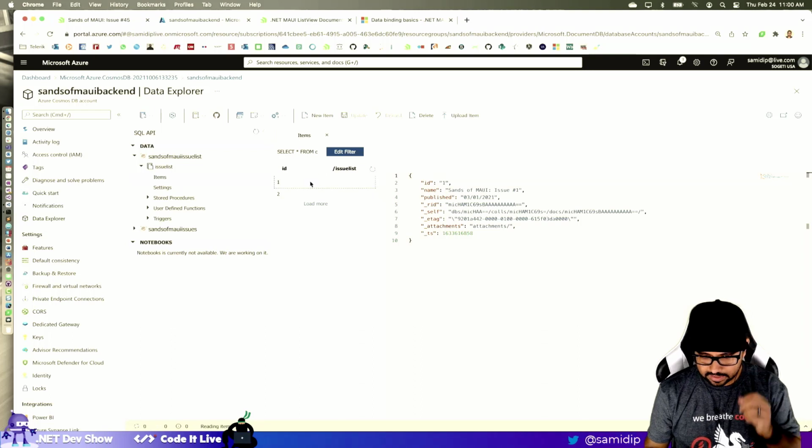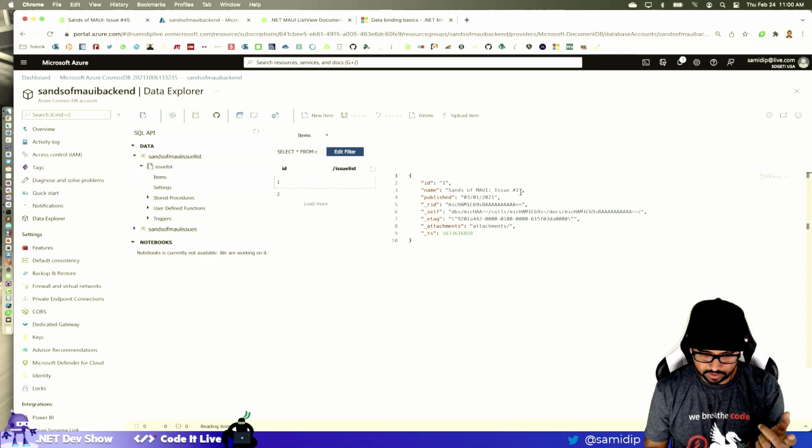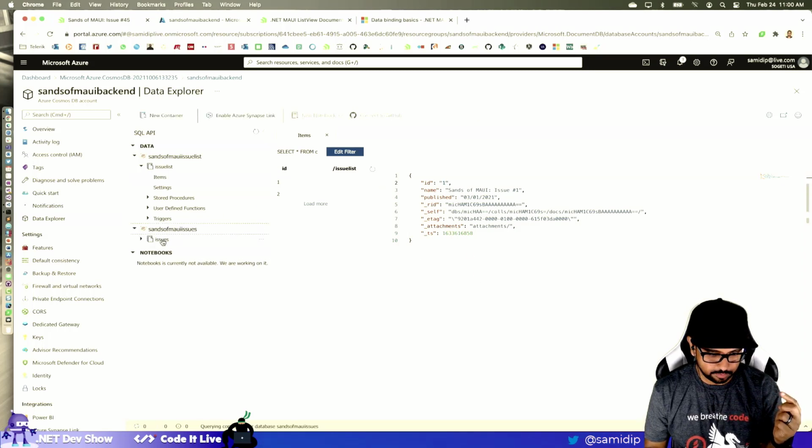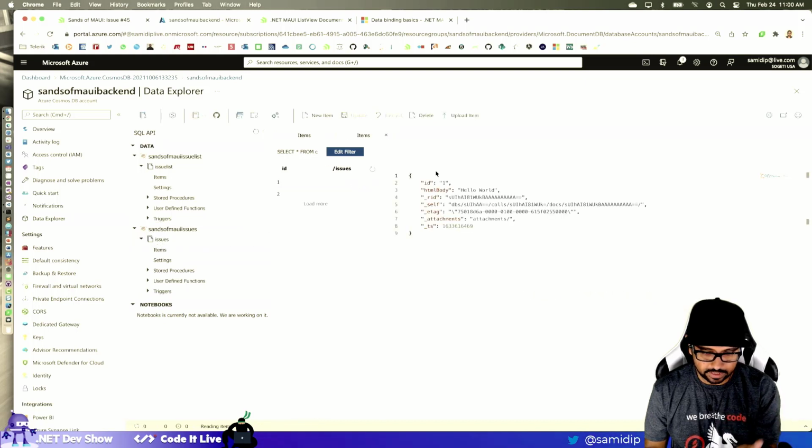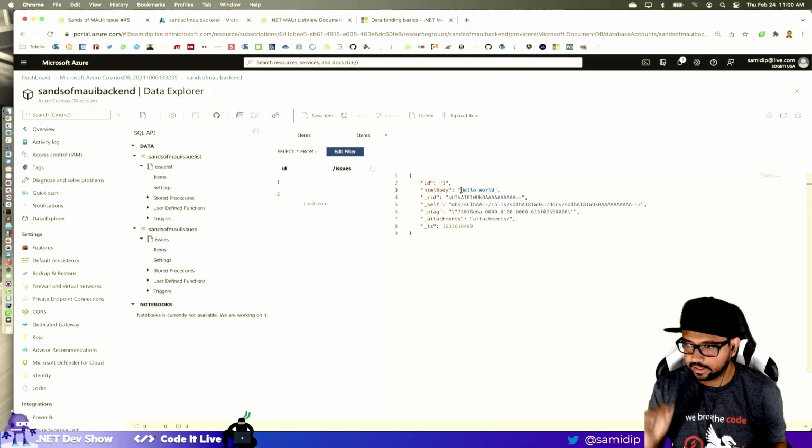So when I select the first issue, it has an ID. And I want to pull up, when you go to the detail page, the corresponding issue that has the same ID, right? So the issue will essentially have an HTML body, which is just hello world for now. I will eventually put the HTML in there.